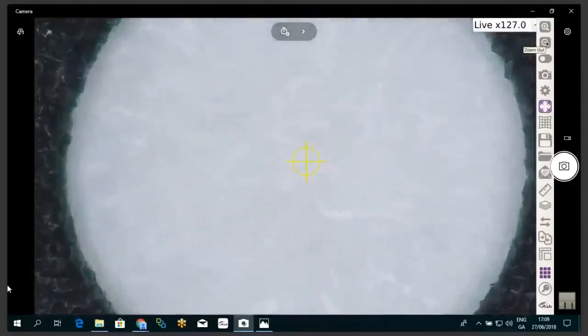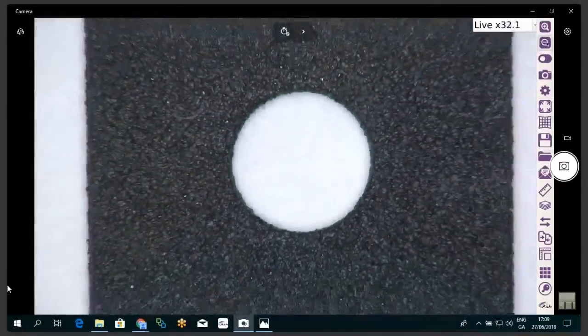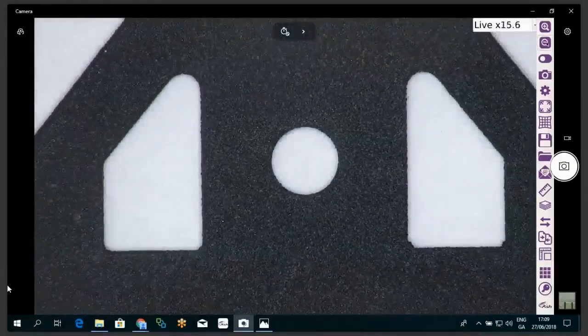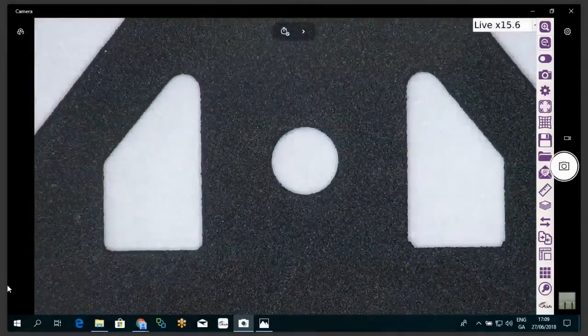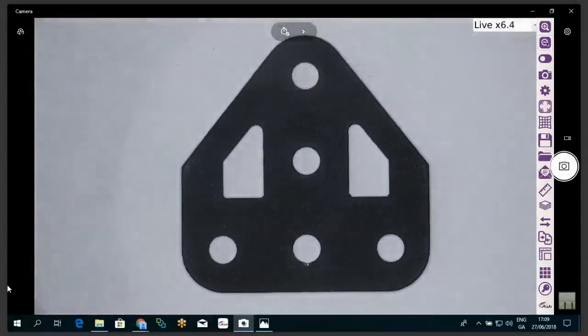First off, that's a huge plus compared to an optical system, and that's one of the big things that people love about the digital systems. So I'm going to go straight into the first app, which is 2D measurement, annotation and graticules. You've probably used 2D measurement software before on a PC. Well, all this software is integrated into the camera and it's an HD cable direct to the monitor, so there's no PC involved. If I click on this ruler here on the toolbar,